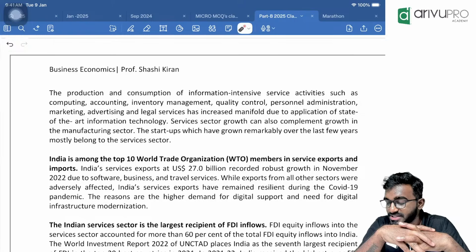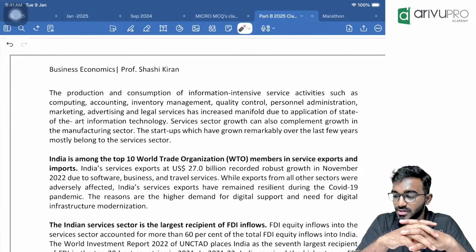Yes, national income is chapter 6. Unit 1 is national income accounting. Unit 2 is Keynesian theory. In the 2-sector model, investment multiplier and leakages are the most important area. In the 3-sector and 4-sector models, very few questions will come, but you have to remember the formulas there.